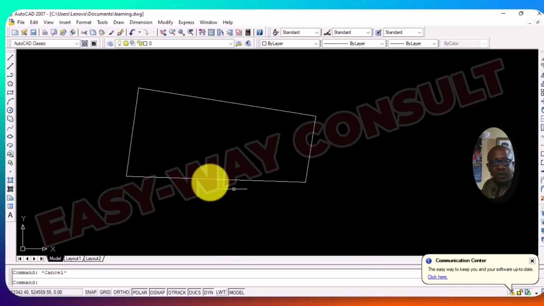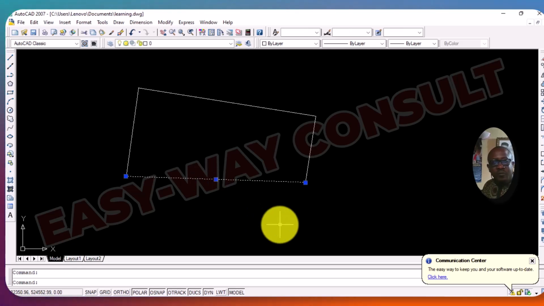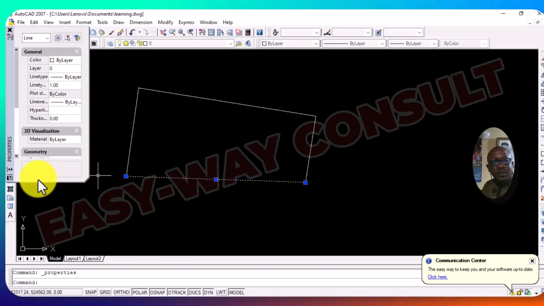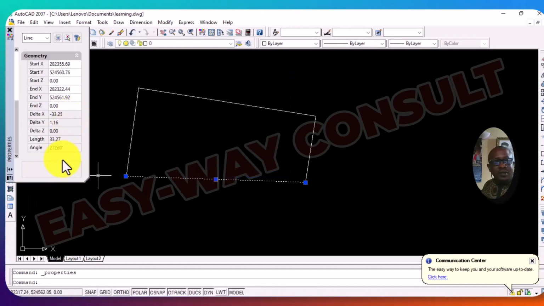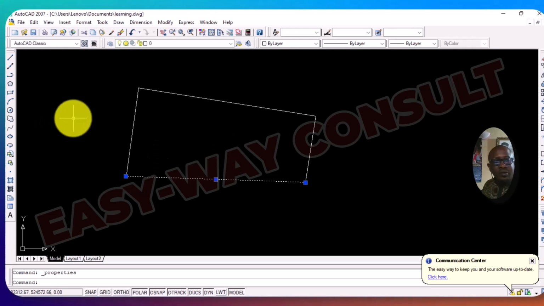Then you escape and you go here and you get the property. The property is 33.7, the distance is okay. Then 272, it's only the minute that we are not getting accurately. Okay, that's okay. And you come here,